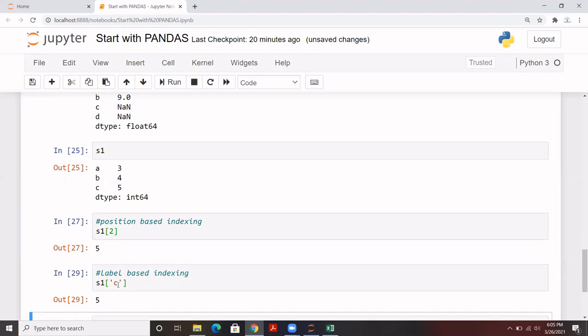Further, we'll be talking about the loc and iloc as well. But here I'm giving you the very basic scenario. We have two options to extract a particular record. One is from their position and one is from their label, or you can call it a name. I believe you guys remember that when we used to go to school, we had two options while marking the attendance. Our teacher used to call it from our roll number and from our name.